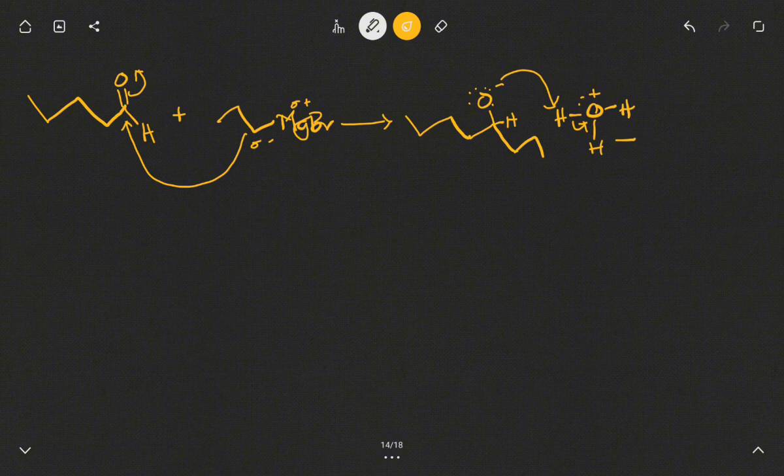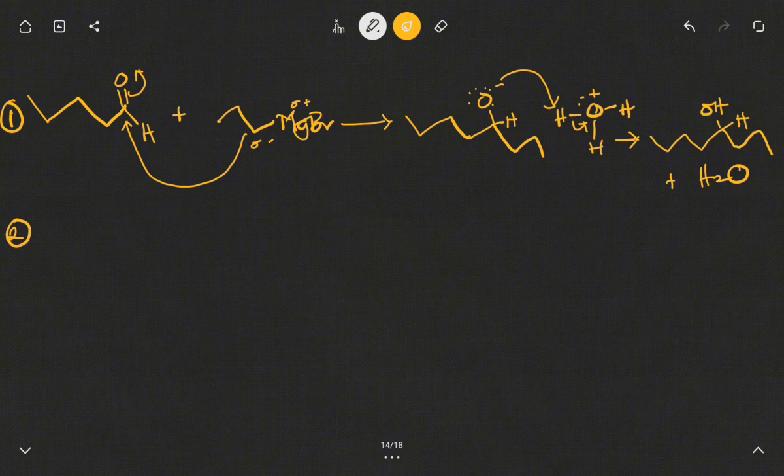As a result of this, we are going to have a secondary alcohol and water, H2O. So this is how we get secondary alcohols when we react Grignard reagent with aldehydes. So let me call this one, and then we have, secondly, we can also have Grignard reagents reacting with ketones